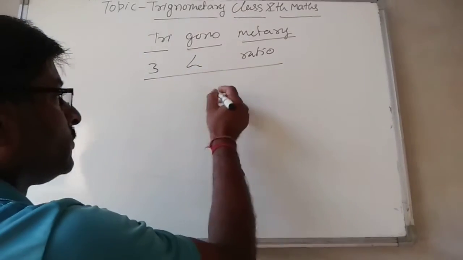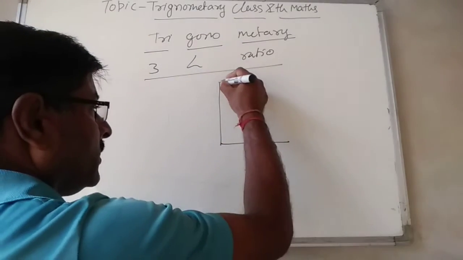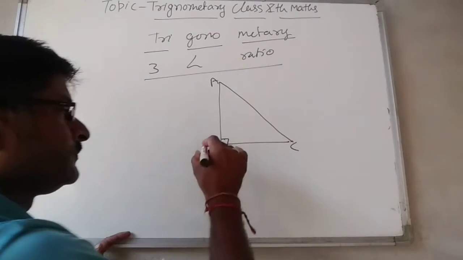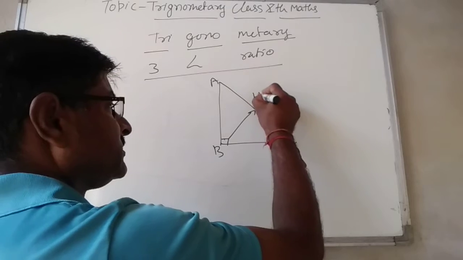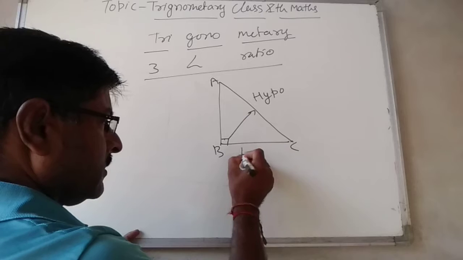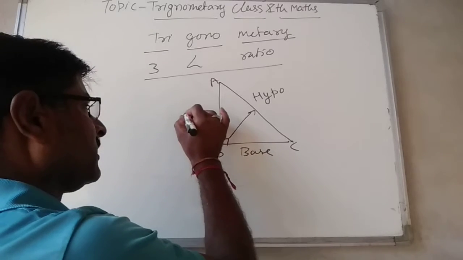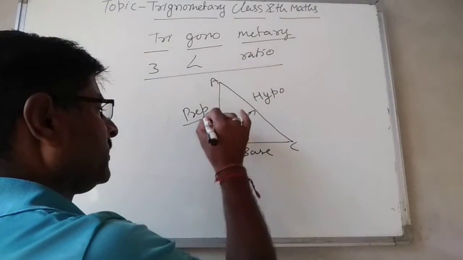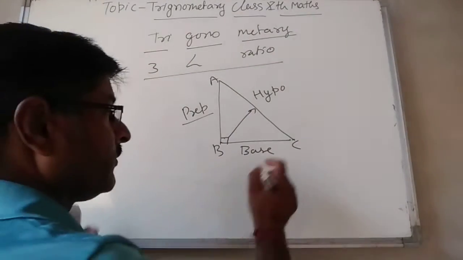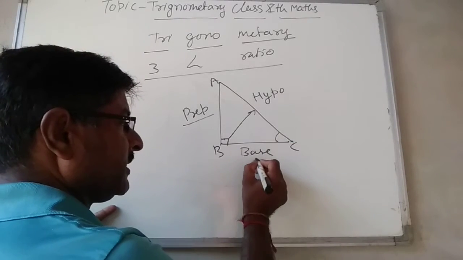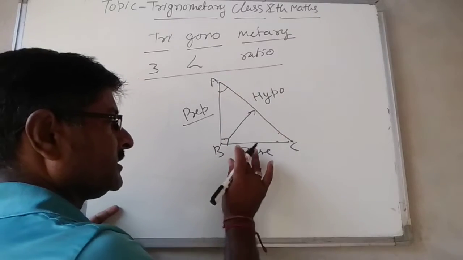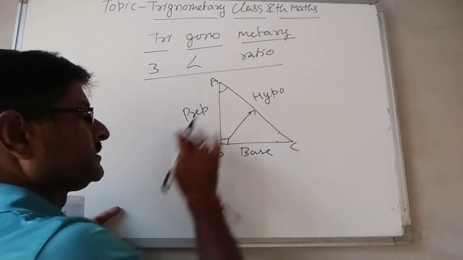This is completely based on right angle triangle. In right angle triangle, one angle will be 90 degree. So opposite to the 90 degree angle, this is hypo. Always horizontal line generally as a base and vertical line as perpendicular. Base and perpendicular may be changed with respect to the angle. If we want to find the ratio in respect to this angle, then this becomes base and this becomes perpendicular. And if we want to find the ratio with the other angle, then these two sides can be changed. This becomes perpendicular and this becomes base.